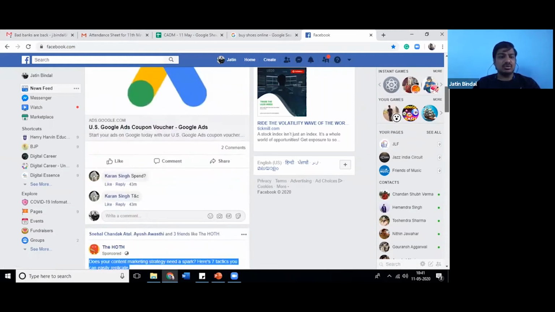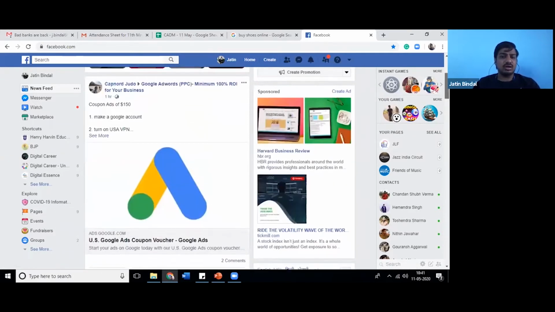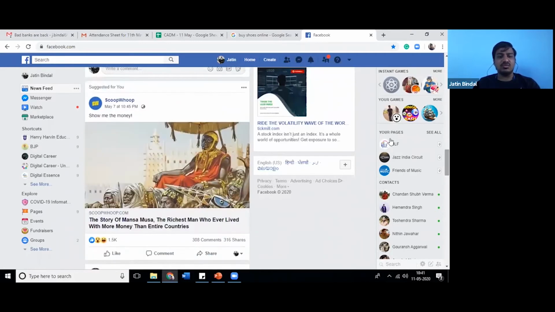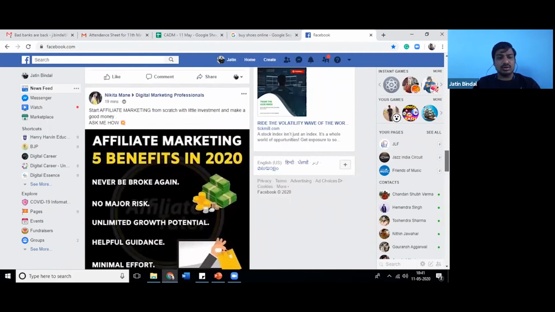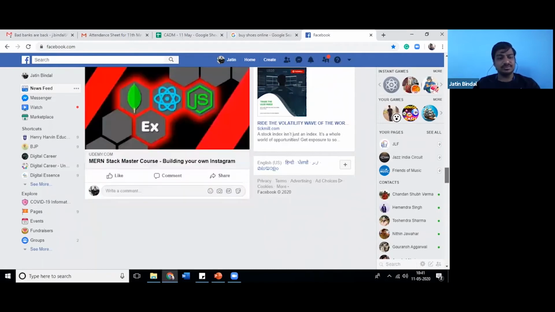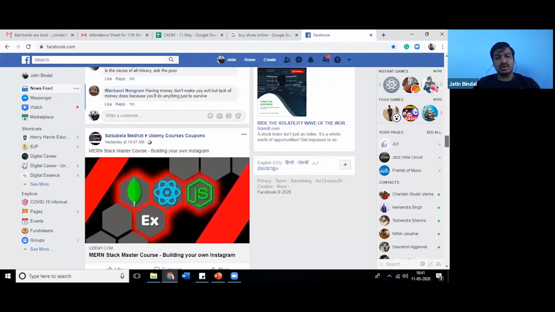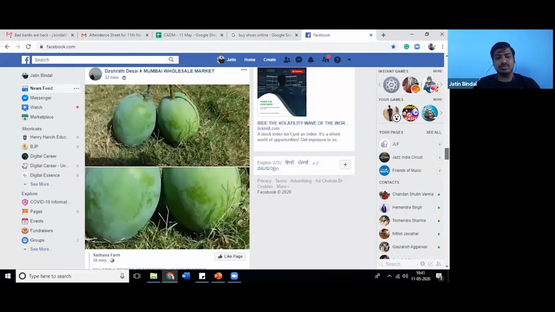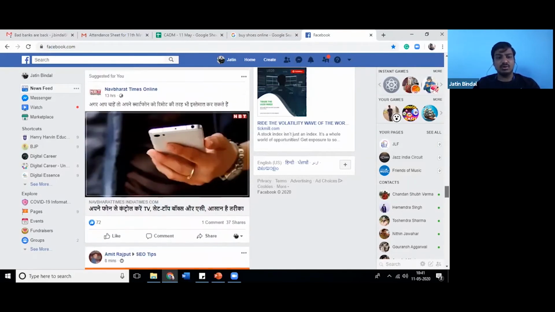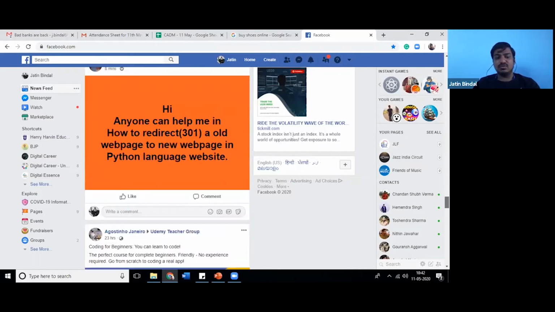Also, you can advertise through various pages, like Spook Whoop is doing that. Okay, this person is promoting himself in various groups. Then again you can see somebody is promoting themselves, and TikTok is running an ad on Facebook. Navbharat Times is also showing.